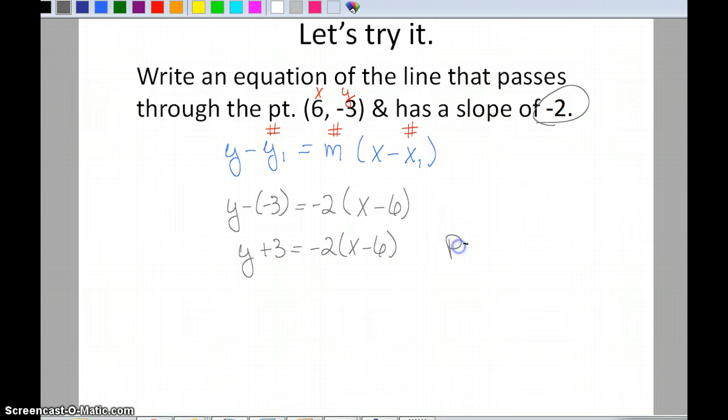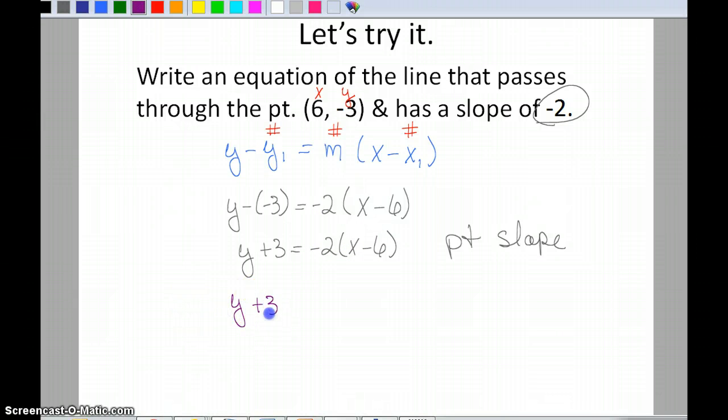Now this is the point slope form. So I can instantly look at this and know my point and my slope just by looking at this equation. Now something really neat happens when we simplify. I'm going to do the simplification work in purple. Now if we simplify and go ahead and distribute,